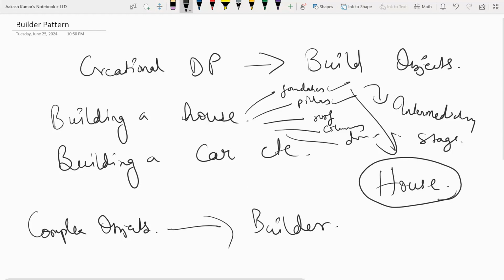Now you may argue that if I have a class, for example House, with all the members, I can directly call the setter and getter methods or use the constructor to construct the object. Yes, that is true, but